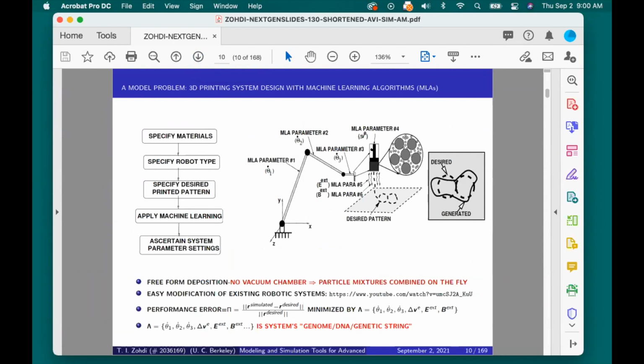For example, the pressure that we need to apply to push this complex material through the extruder, electromagnetic fields. Often what we use is something called electrohydrodynamic printing, where we basically push the material out, we ionize it, and then we draw the material to the target using an electromagnetic field. So there's a number of different processes that are going on at the same time. In the example I'll show is simply what we call no vacuum chamber approach. It's basically free form where the materials are being combined on the fly as the robot is attempting to push